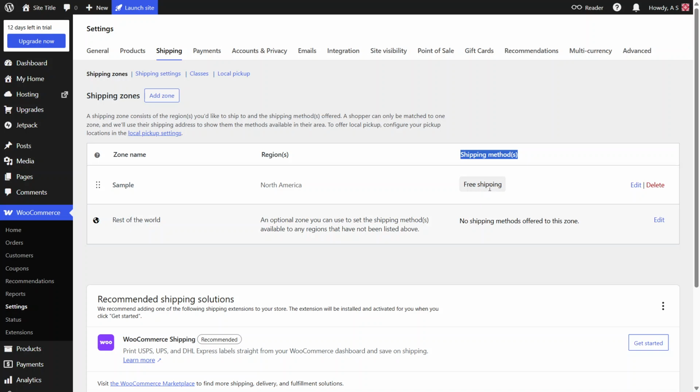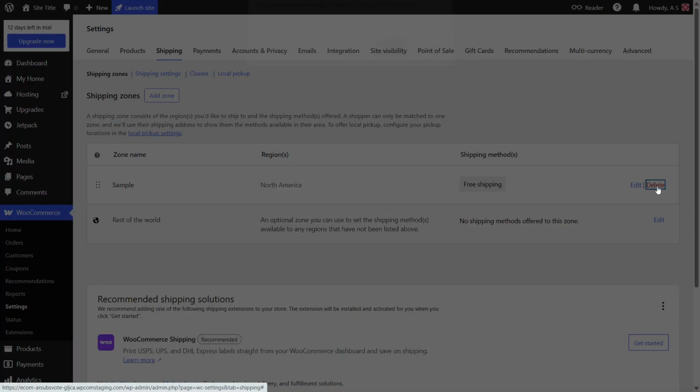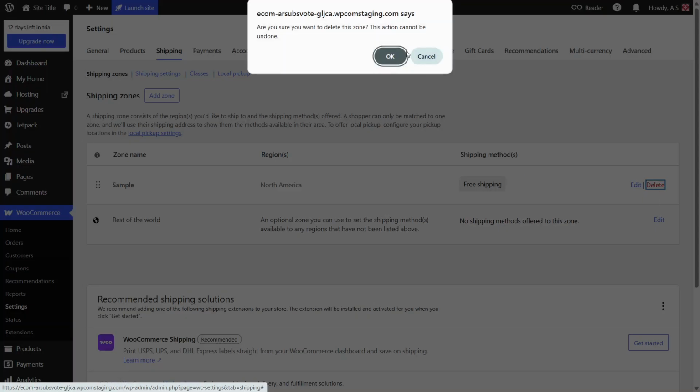Once you've identified it, move your attention to the right side of that zone's row. There, you'll see an option to delete that zone. Click on Delete for that zone. When you do this, a confirmation pop-up will appear to make sure you really want to remove it. This step is important because deleting the zone will remove its shipping settings, including the free shipping method. If you're sure you no longer want to offer free shipping in that zone, confirm the deletion by clicking OK